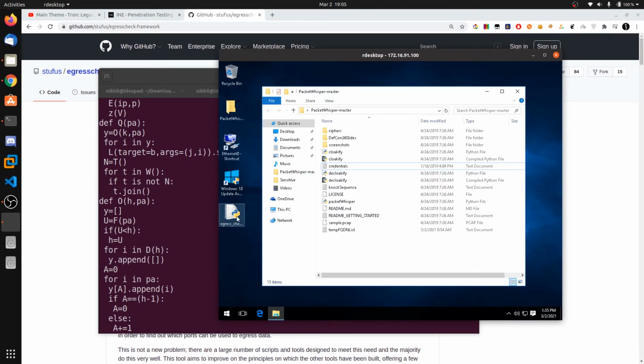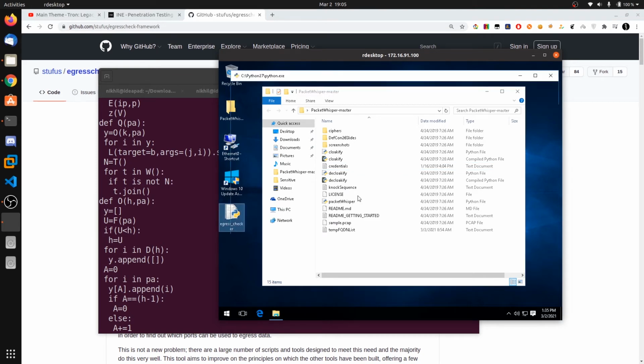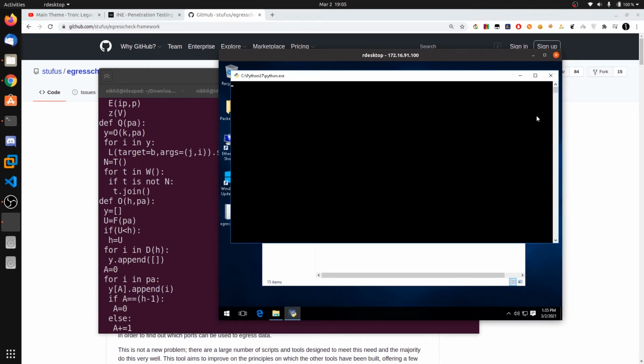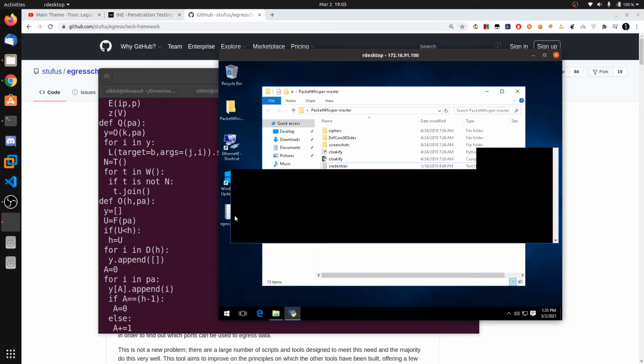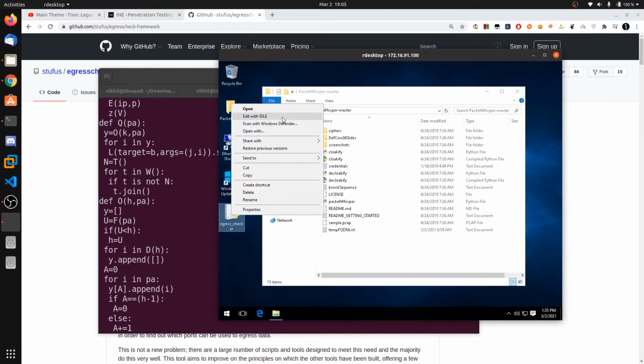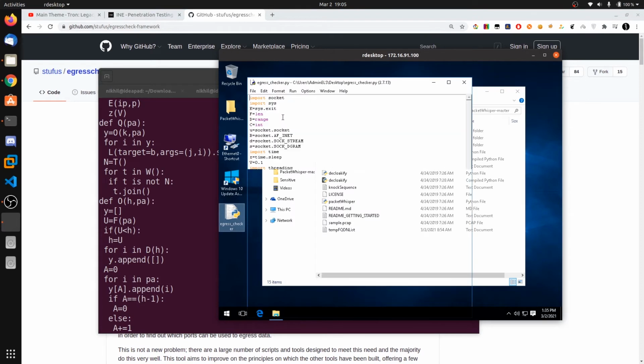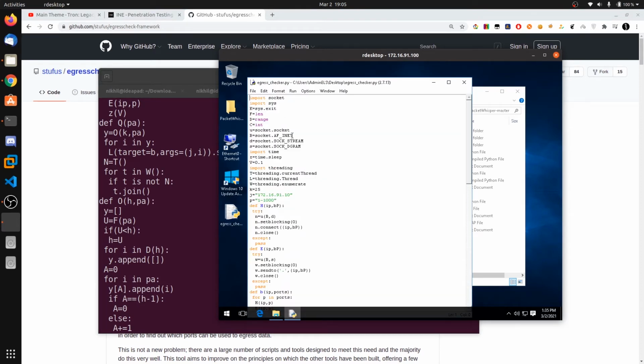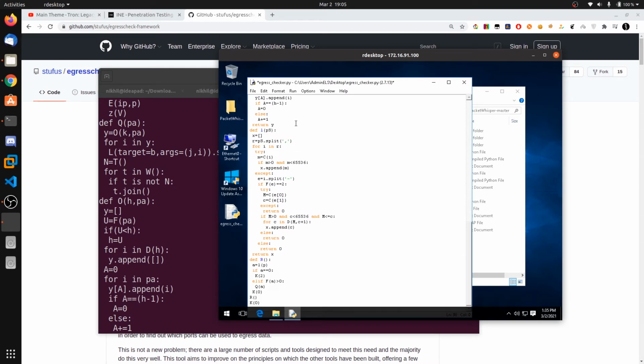Now I'm going to open this. So save this file. Okay, now we have saved this file.